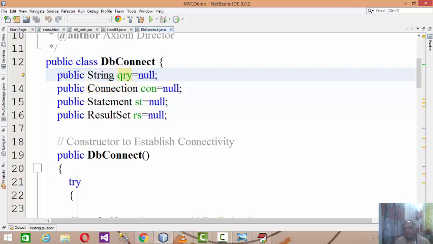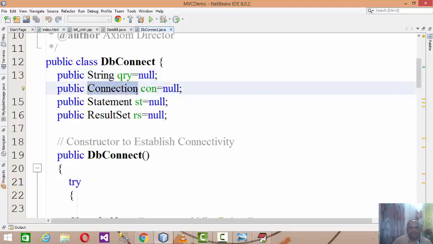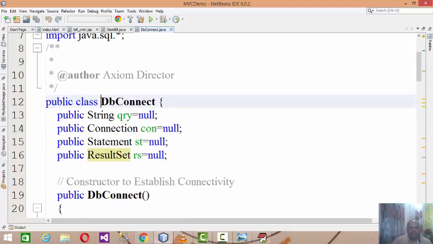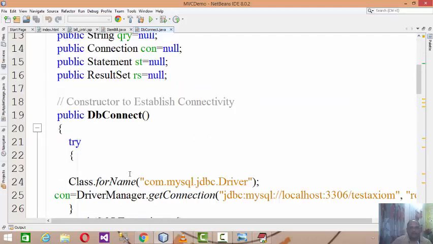Then, as we already know, in JDBC, to perform database operations, three main classes are responsible: Connection, which is responsible for establishing connectivity; Statement, which is responsible for processing the query on the established connection; and the third is ResultSet. ResultSet is responsible for holding the result of the processed query. So in the DAL package, I have a public class called DBConnect.